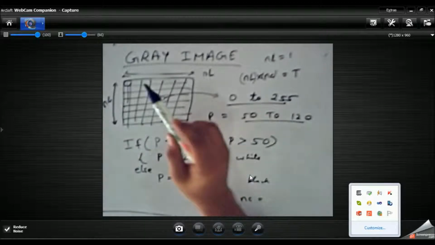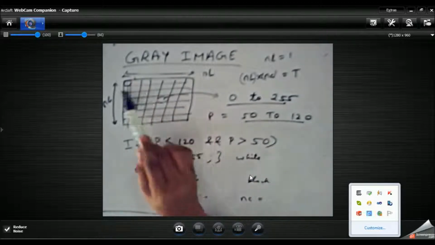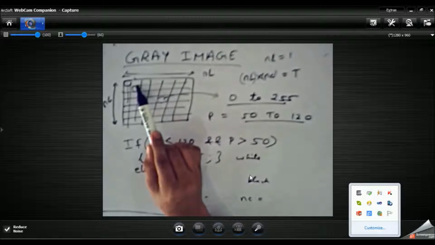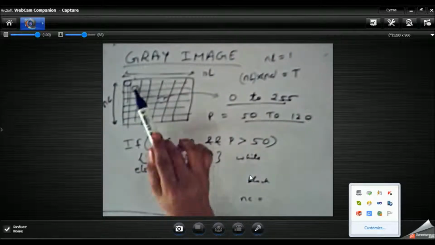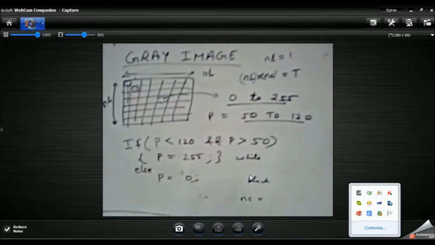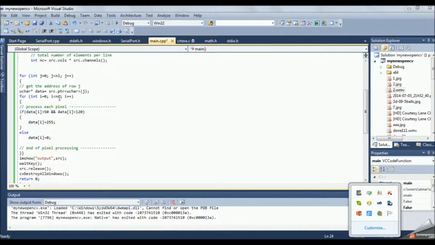That is, if we are at this position, at the position of this pixel, and we extract the value or intensity of this pixel, we can store it in the variable unchar data, and we can use it for further processing. In this way these two loops will start from the first pixel and process all the pixels and give us the desired result.